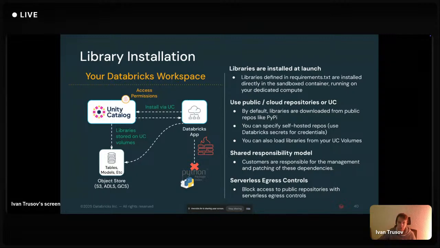Databricks is responsible for making sure that the whole infrastructure is secure, but choosing which libraries to install is the choice of the customer, which we do not prevent. And therefore, customers are responsible for managing and patching the dependencies they are using in the Databricks application.